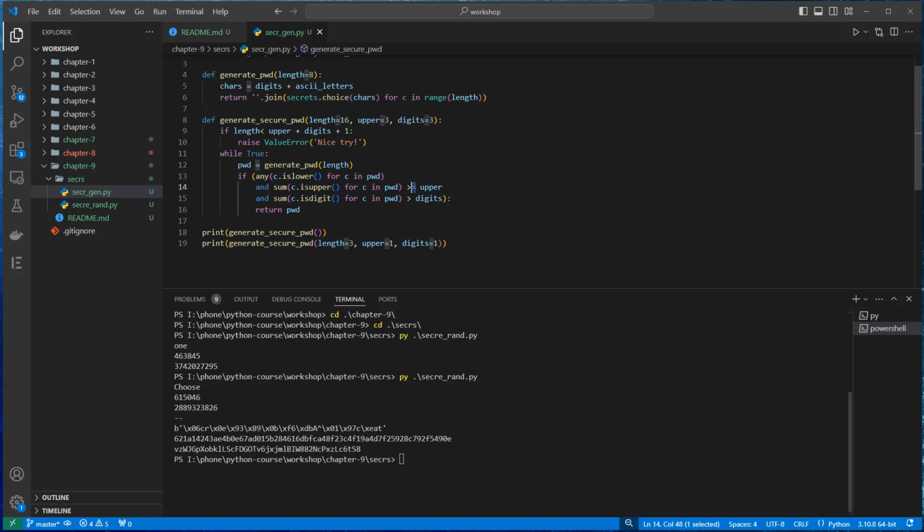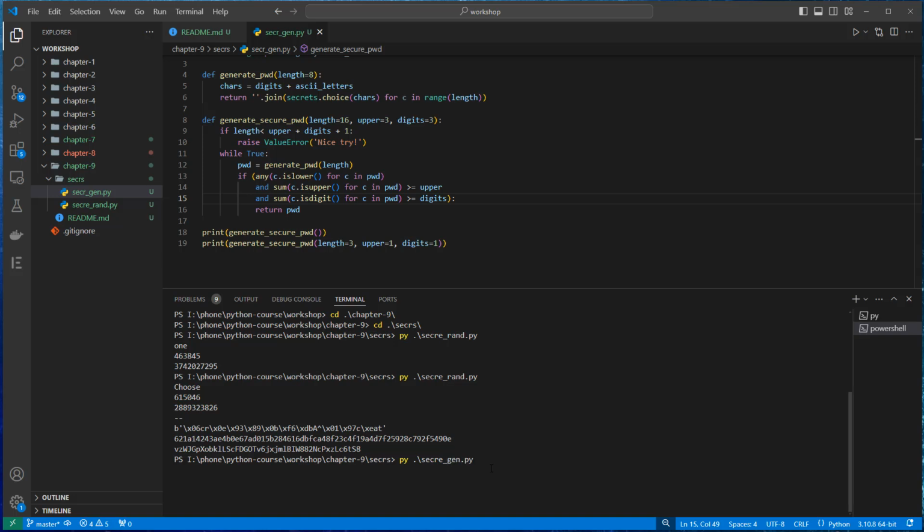Let's change it here, equal, and now let's execute it. Secretgen.py